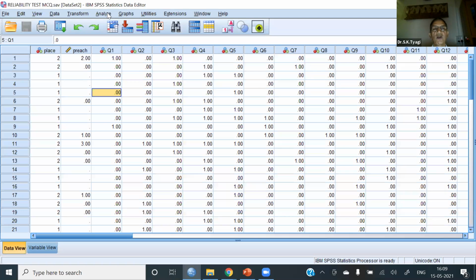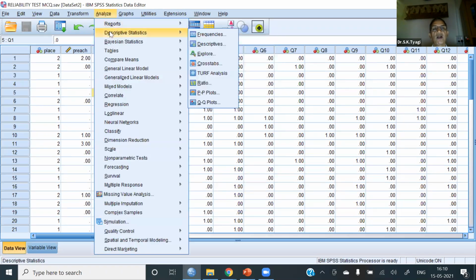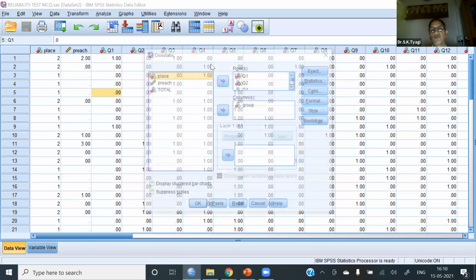Analyze, descriptive statistics, cross tabulation.